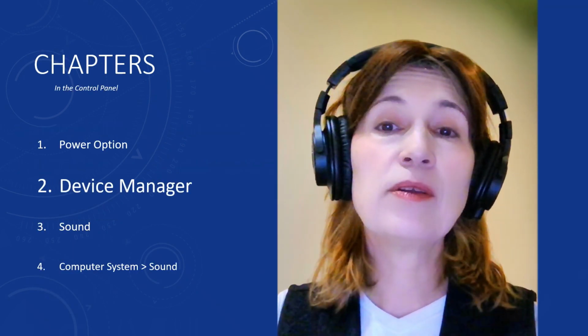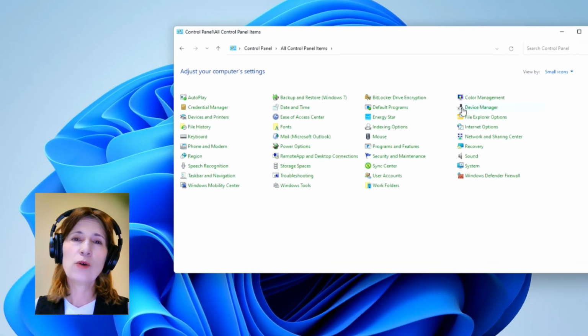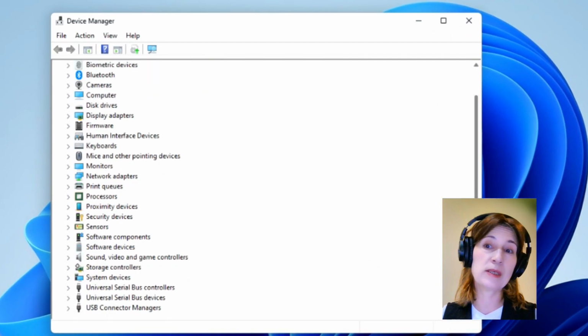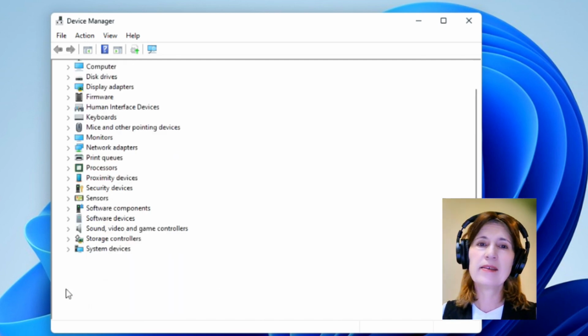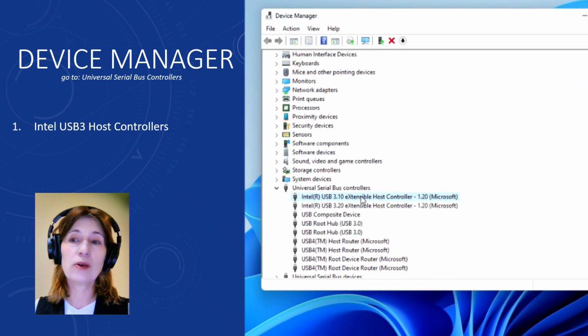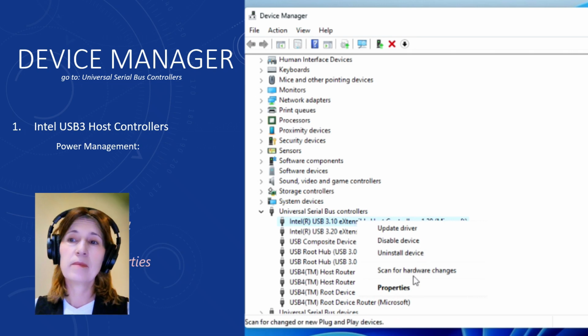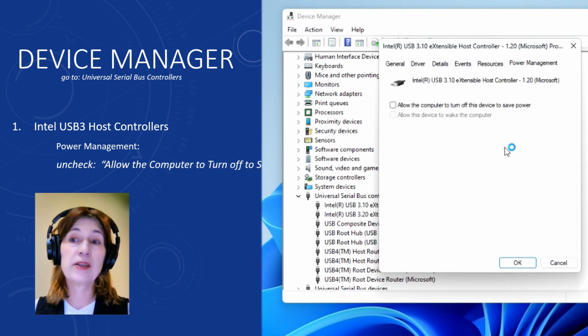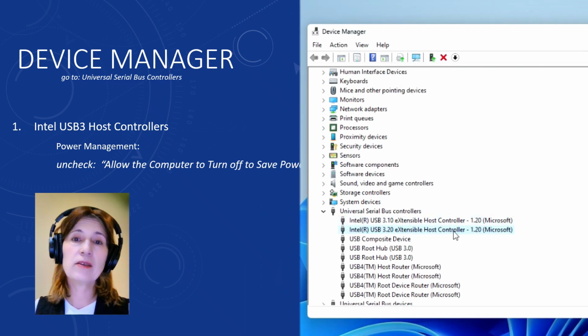Let's set up the device or the computer. Thus, go to the Device Manager in the control panel. Go all the way down to the Universal Serial Bus Controllers, or USB controllers, and select the USB host controller. This is the host. Right click, select Properties and go to the Power Management and uncheck the option allowing the computer to turn